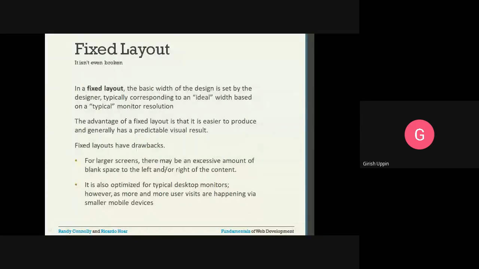Fixed layouts have drawbacks as well. For larger screens, there will be an excessive amount of blank space to the left and to the right of the content. Because your width is fixed, it is going to take up only that much portion, and the rest of the area available on the screen will be shown as blank.